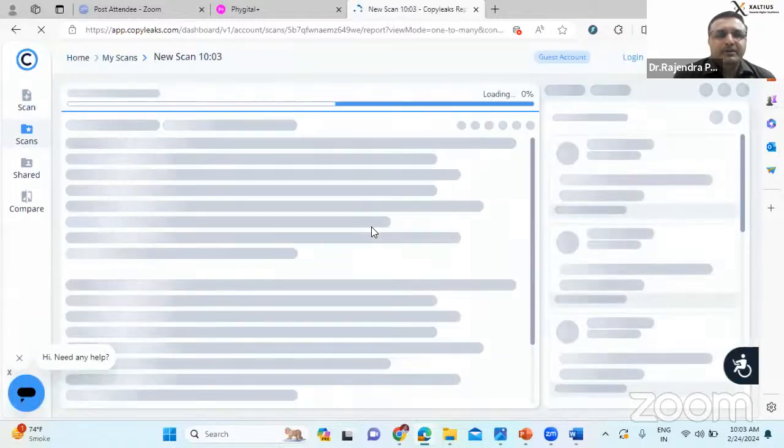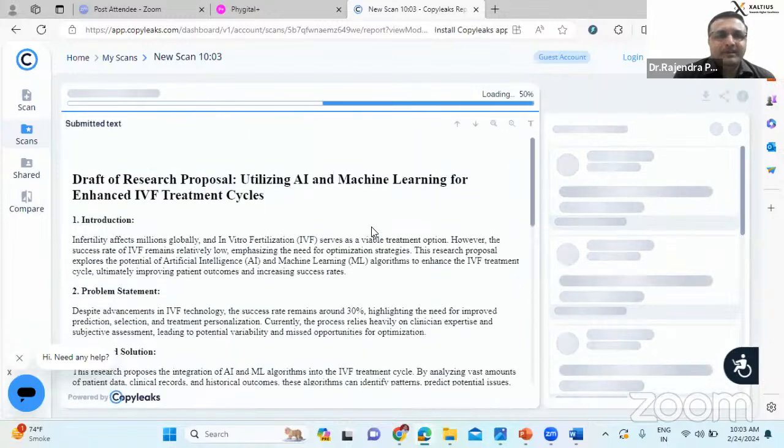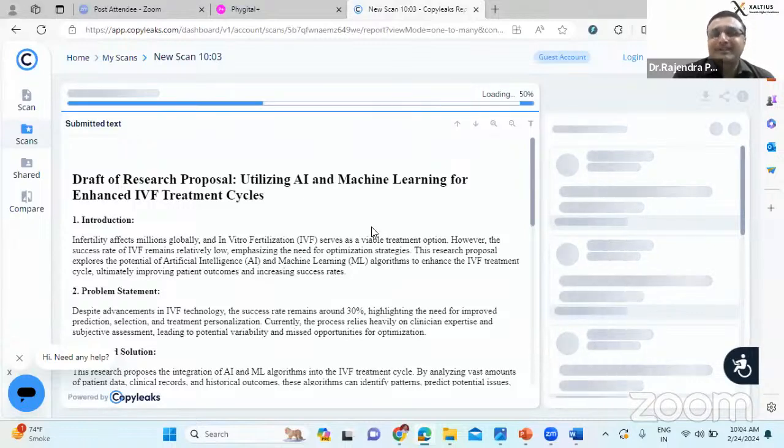The report is on the way. It will also show me from which source this content has been copied. So whenever you are drafting your research content, please do get it checked from here. If something is detected in terms of plagiarism, these are the latest and smartest tools. CopyLeaks is popularly used in US universities.